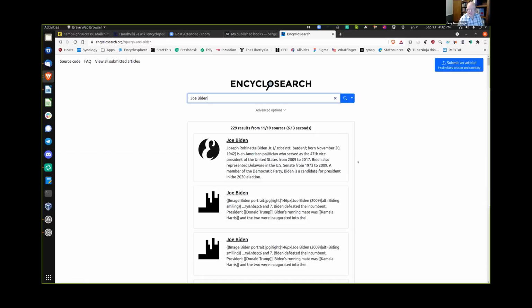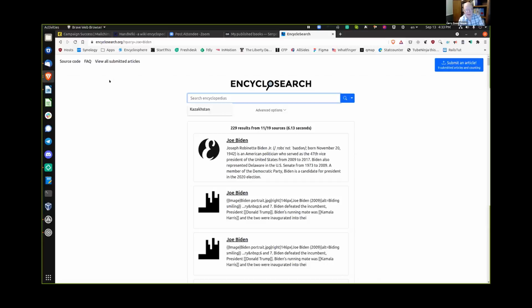So I can imagine the American Medical Association, for example, setting up an encyclopedia reader. And the front end looks like this. And instead of saying EncycloSearch, it'll say like the AMA Encyclopedia Search. And then the idea is they could search on